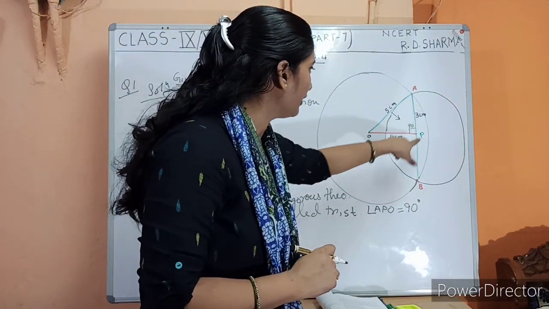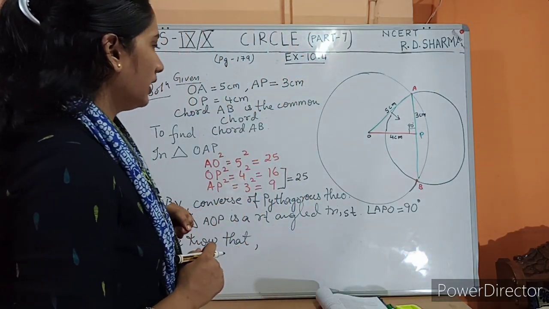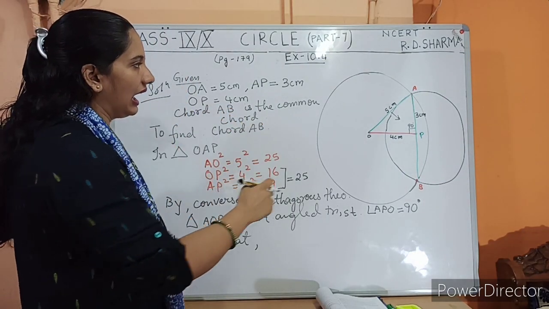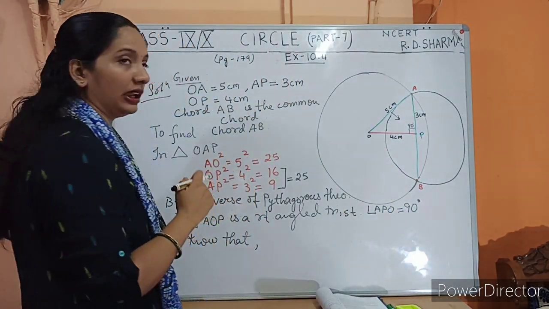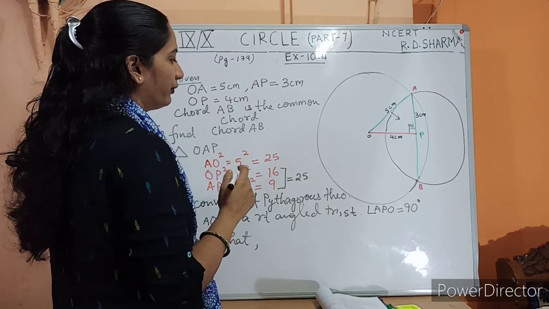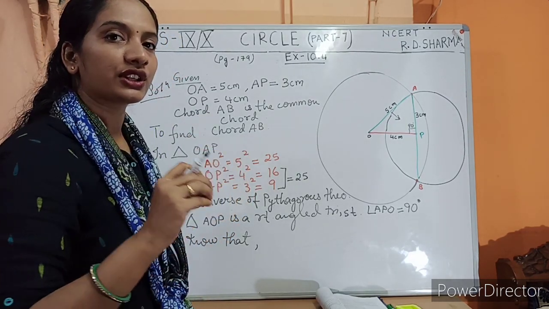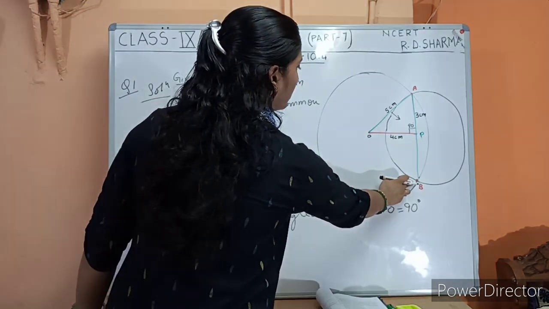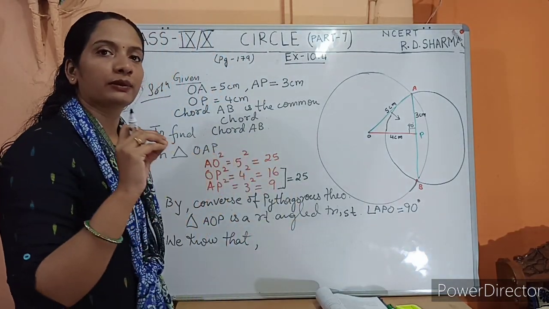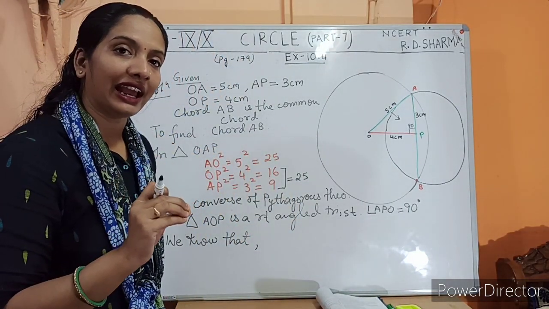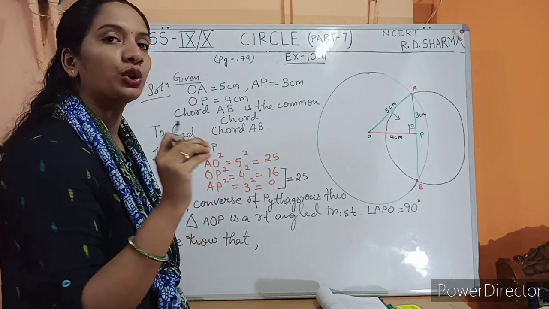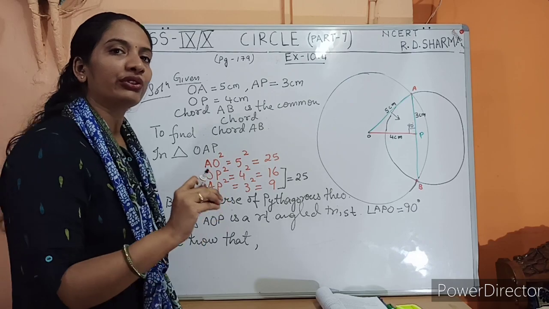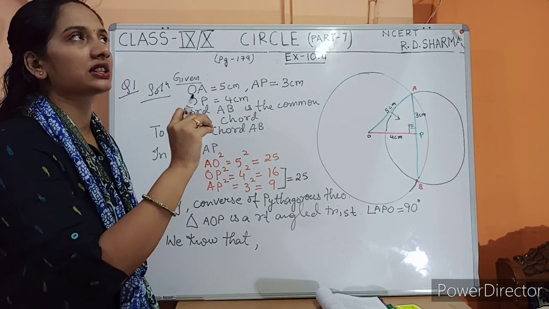Look at this bigger circle, the first circle. If you see here, OP will act as a perpendicular on the chord AB, right? If we have any perpendicular drawn from the center of a circle and falling on the chord, then that perpendicular must bisect the chord into 2 equal parts. We already know this theorem, and I have proved it as theorem number 10.3.